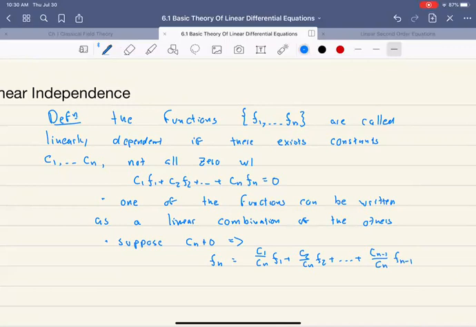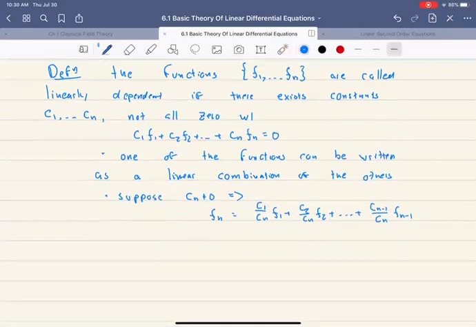Okay, so that Fn is written as a linear combination of the others. Okay, and likewise,